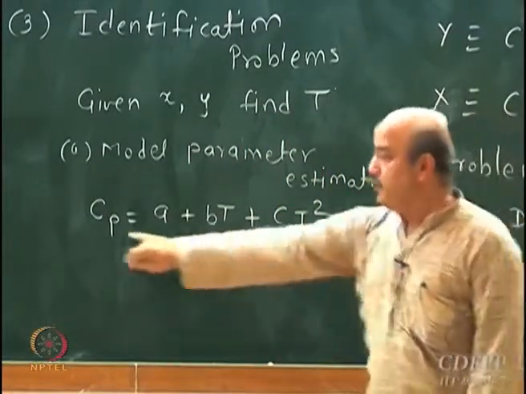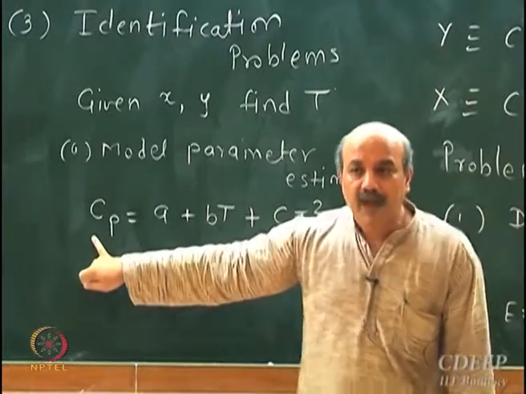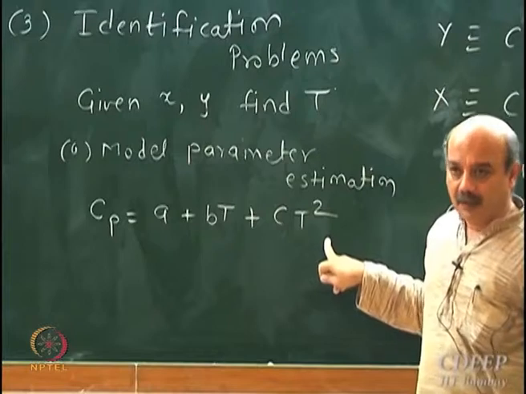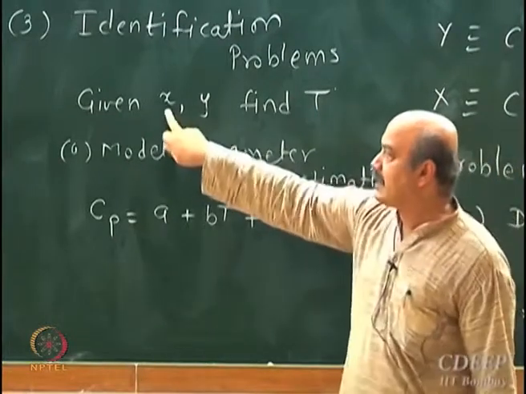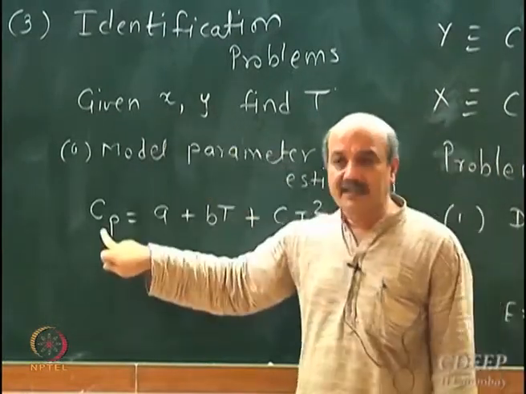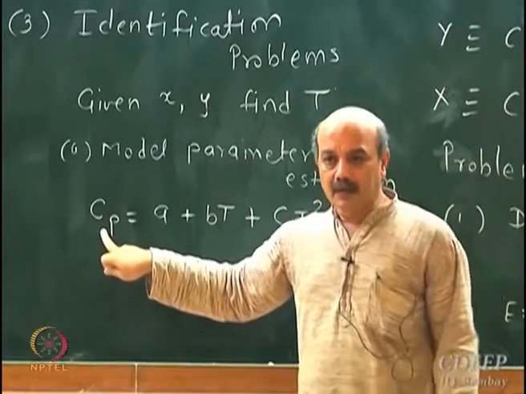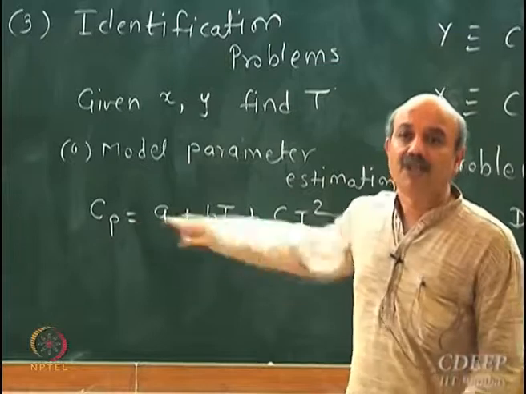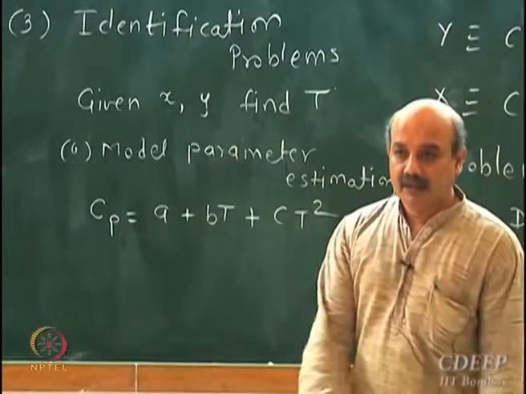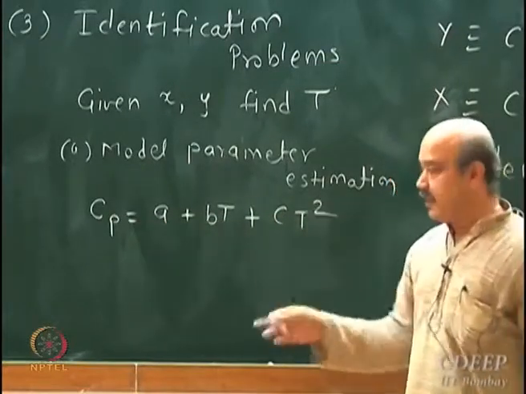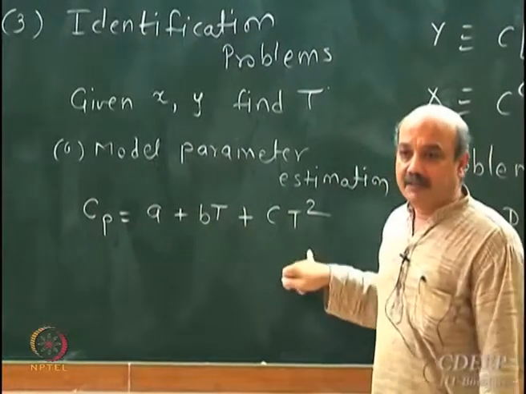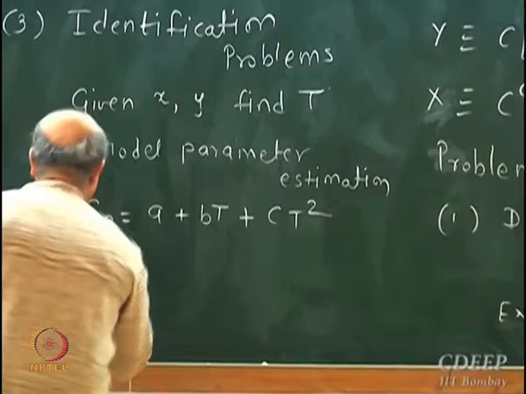I have been given values of Cp. I have been given values of temperature. Okay, so I have been given X. I have been given Y. Y here is Cp. Okay. X here is temperature. What I want to find out is the correlation, is the operator. Okay, I want to find out the operator. Finding the operator in this case reduces to finding out A, B and C. Okay, so given data,